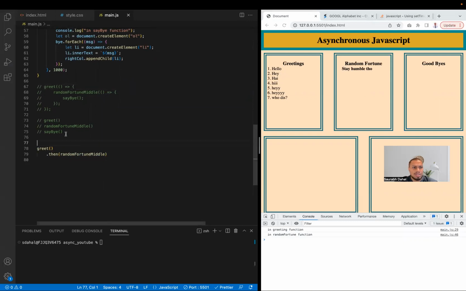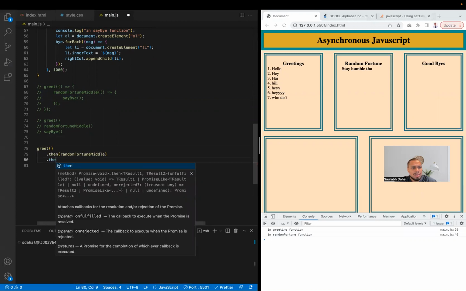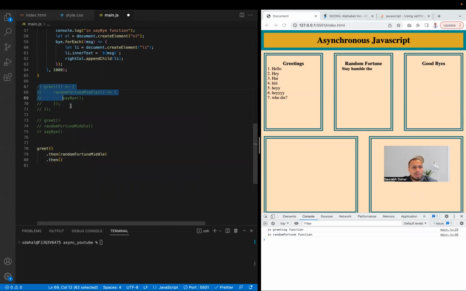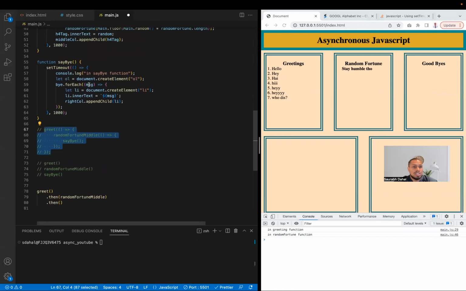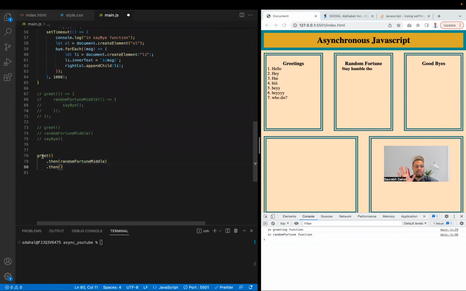So this is our solution to the callback hell, because now I don't have to have these nested callbacks. Notice how just with 3 functions, it goes nested in 3 layers. Here, I can just keep it to 2 layers, no matter how many functions I need. With the callback hell, if I had 20 functions that needed to rely on one another, then you're going to have 20 different layers of nesting. With this way, you're always going to be able to do it with just 1 layer of nesting. There's just going to be a dot then, and then